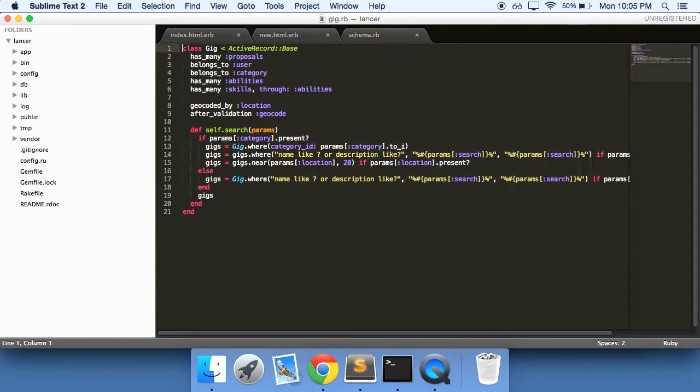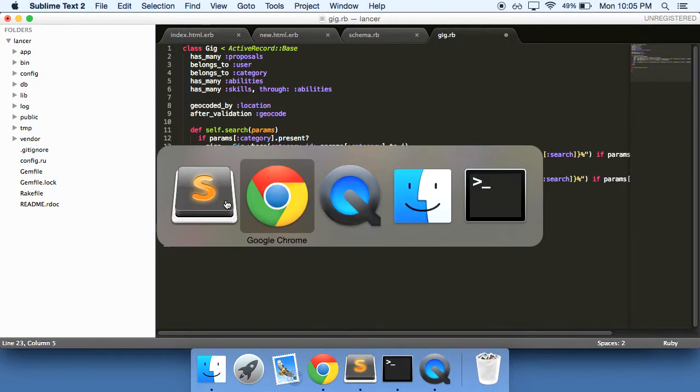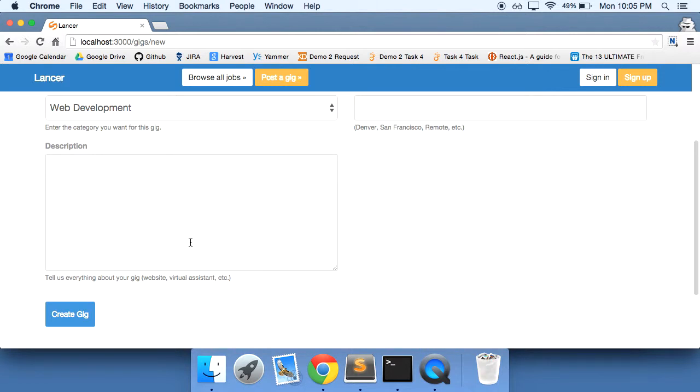So let's first go into our gig.rb file, and here we're going to have to create a few different things. So create a new method, call it skill_list equals skills_string. And what I want here is for us to be able to say, and this isn't it, this is just the description text box, but let's say I want Rails, Ruby, JavaScript, and what I want